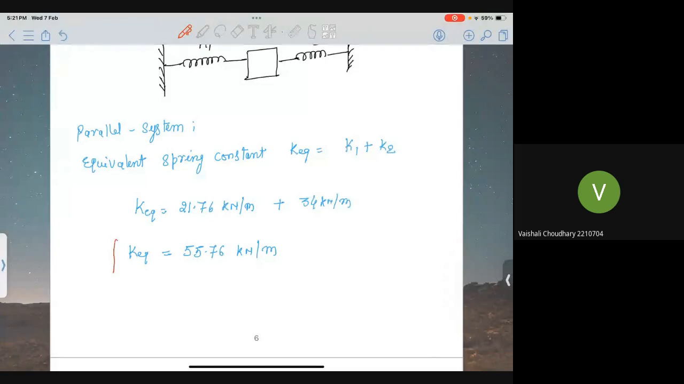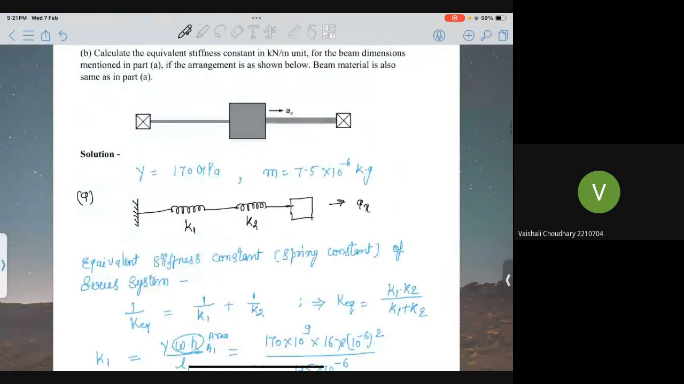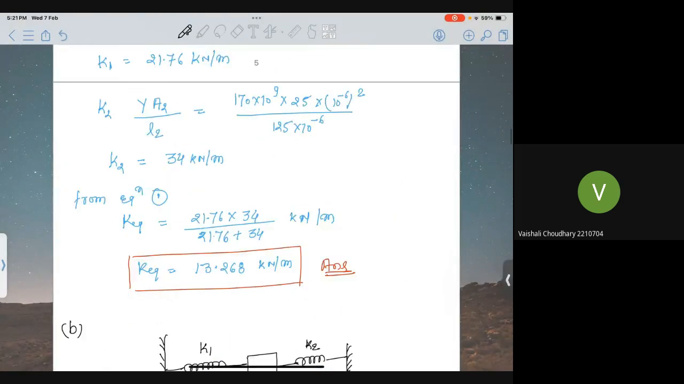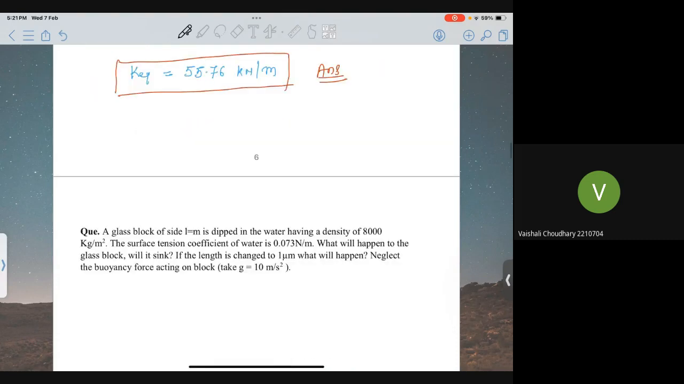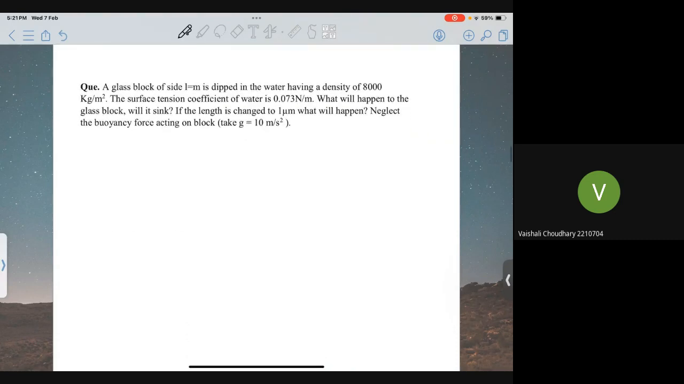Right. So this is how we can calculate the spring constant in the case of series and parallel connected systems. Now we'll move on to the second problem. Okay, so the problem is a glass block of side 1 meter is